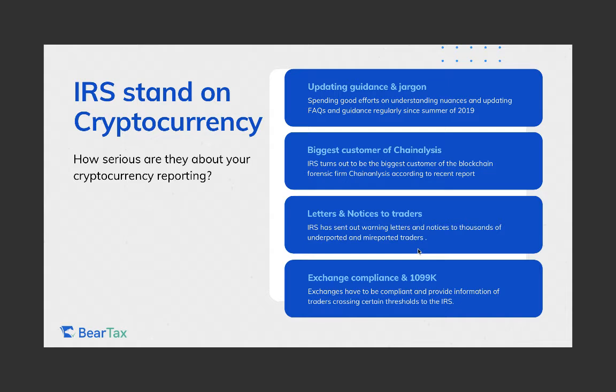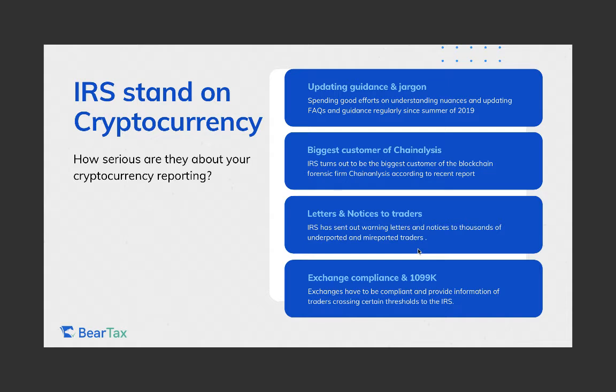They have sent warning letters and notices, thousands of them last summer. They have all the information on cryptocurrency holders, sourced from various sources. They get 1099s submitted by exchanges, so they have information on who is buying, from when you register on exchanges that are KYC and AML. The IRS has sent out warnings to those who have not reported their currency last year. So more people now have to be self compliant.